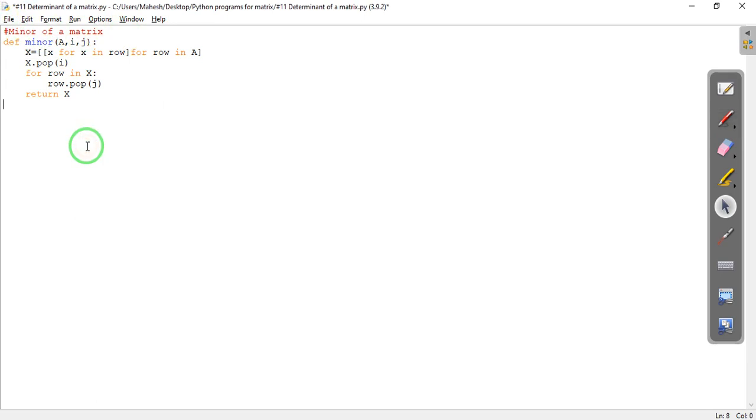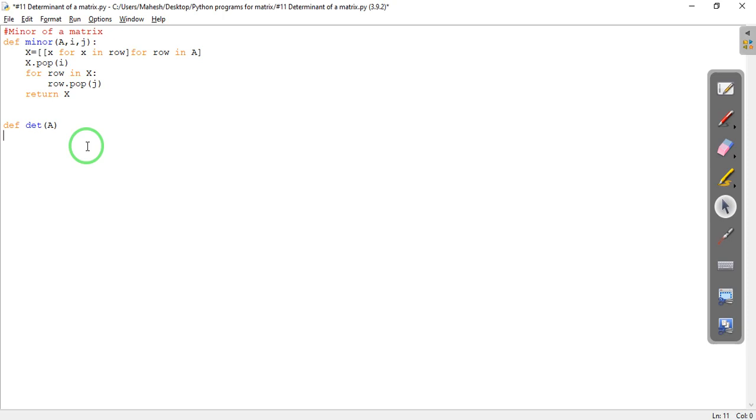Okay, so we have written x. Now let us define another function. Define determinant, say det of a, and this we will define. Of course, it is based on the length, right? If we have a matrix of order 1 by 1, then we will get the value of the determinant to be the entry of that matrix.